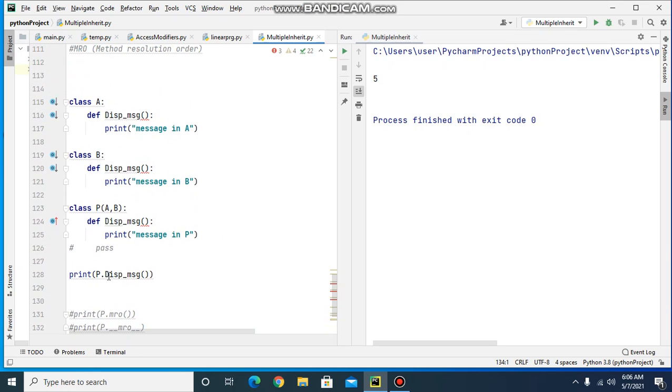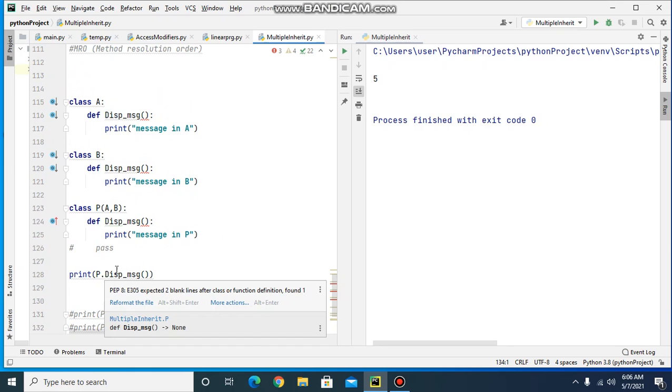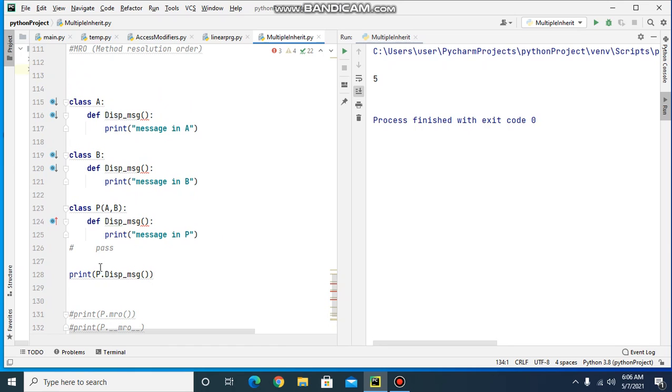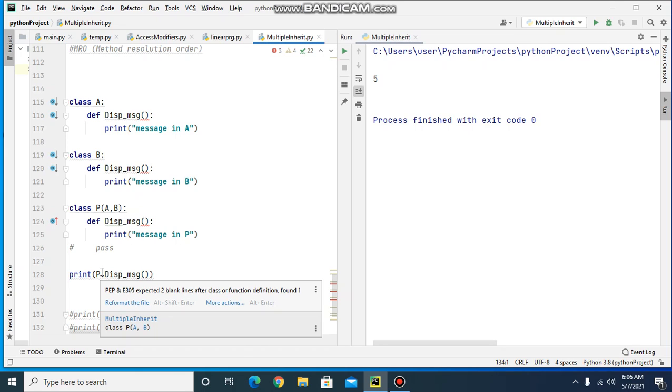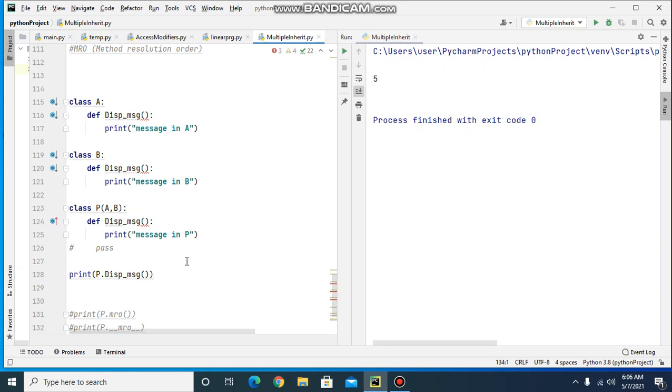So here I am calling the method display message, and this is the child class P. Python will first look for the method in the current class, that is P, and it will print the message in P.